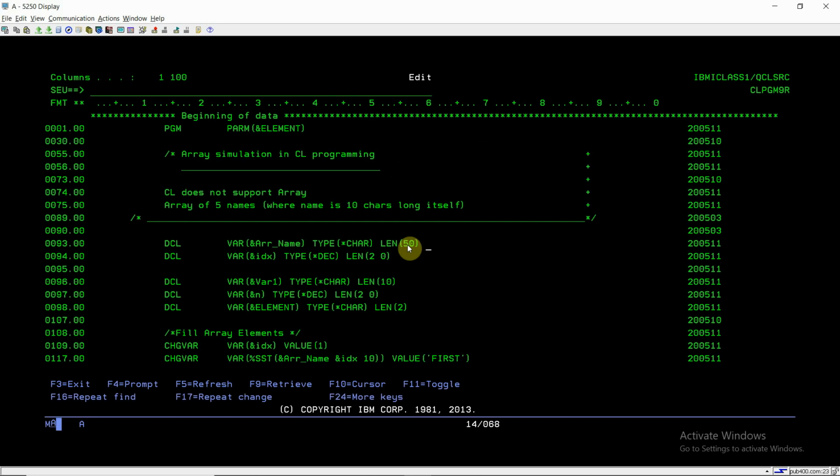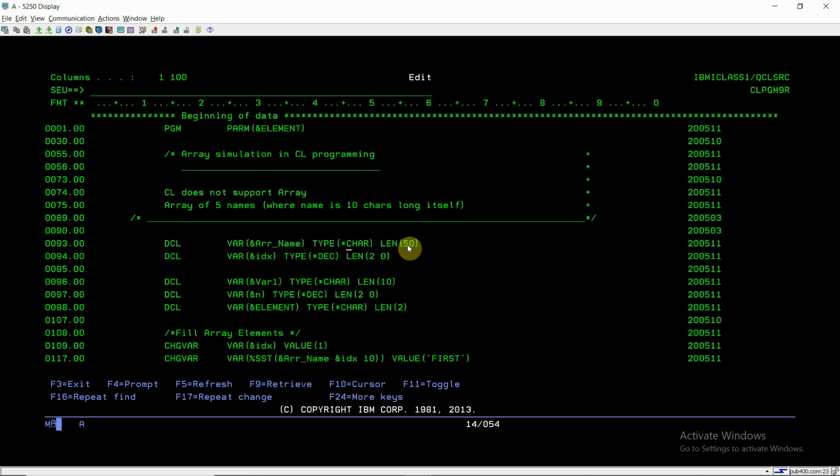Now if you want more names, then we can increase the length here. Suppose if I need 10 names, I can set the length accordingly to 100. If I need to store 100 names, then I can set the length as 1000. So it depends upon our need, but in this demo I'm taking only 5 names.